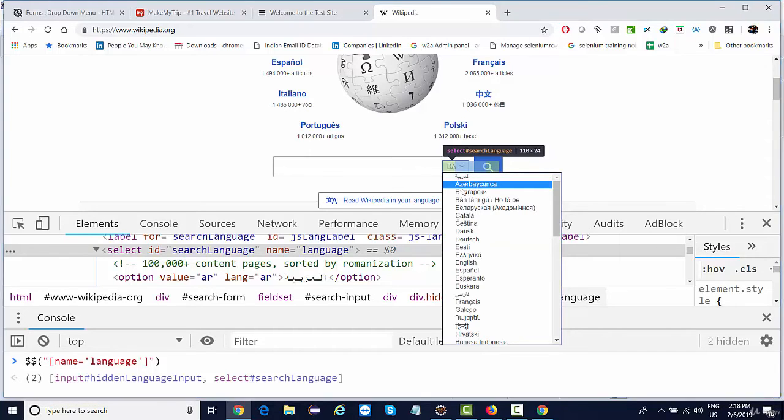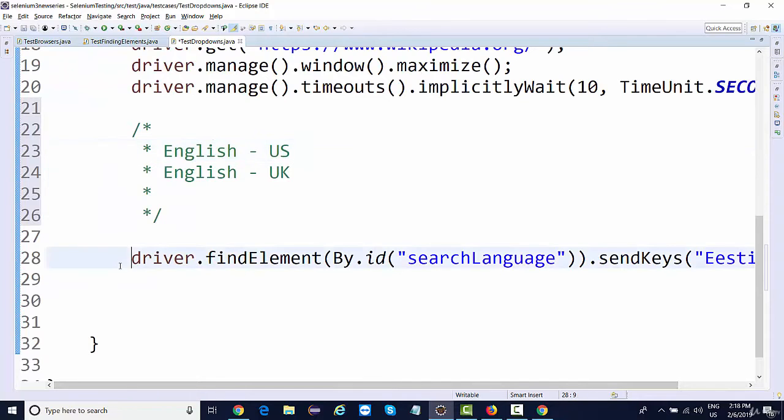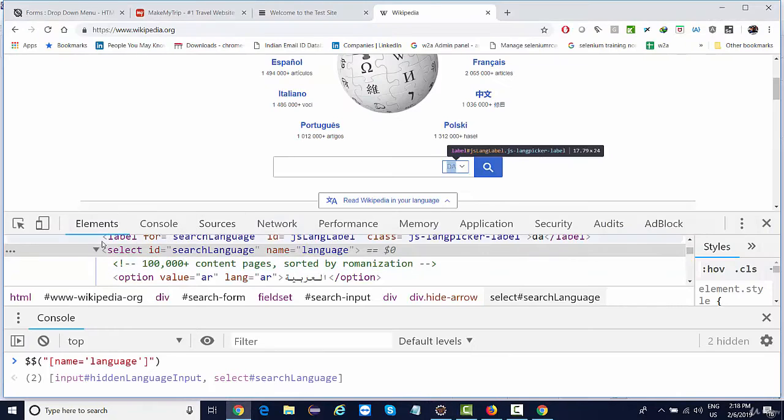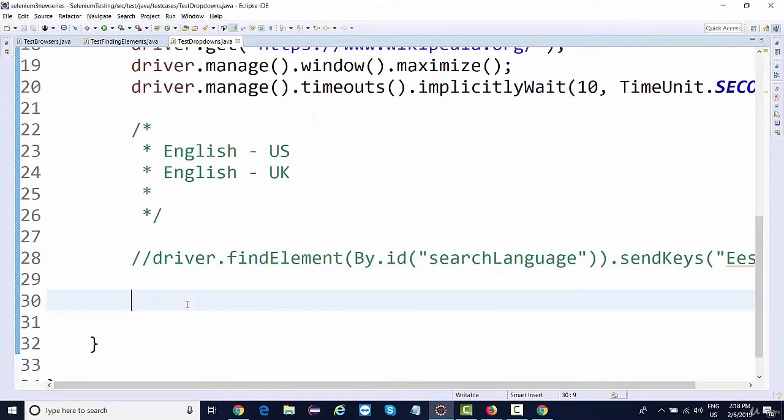So what we need to do whenever we are working with a drop-down list, make sure don't use these send keys. So like the tag name suggests, select, there is a class in WebDriver API. In order to handle this select tag, there's a class called as select. So you need to create an object of select class. Select equal to new select. If I show you this class